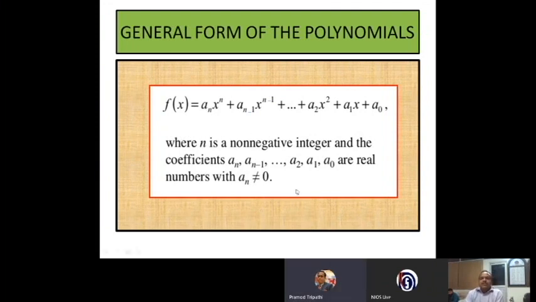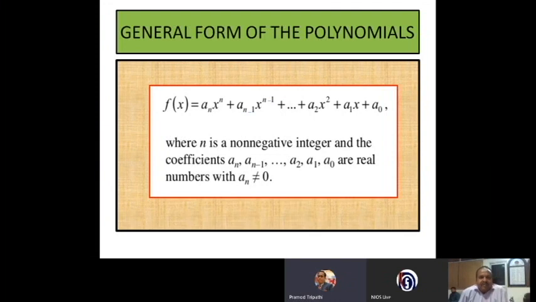Excuse me, sir. Yeah, sir, there is one question coming from a learner. She is from UP. Her name is Vidya. She is asking, what is the difference between algebraic expression and polynomials? Just I will come to the question after this slide, sir.